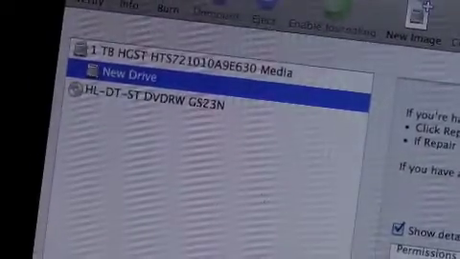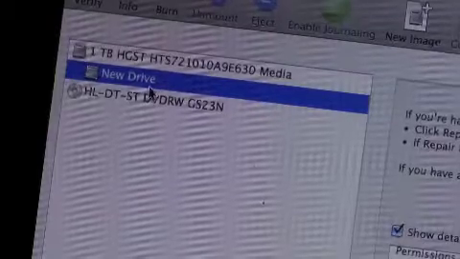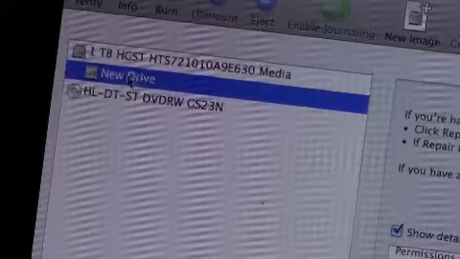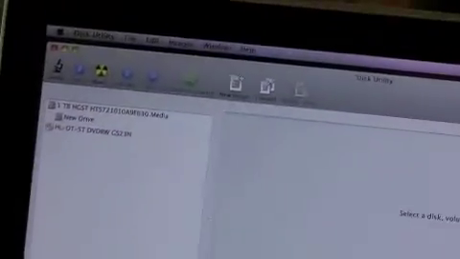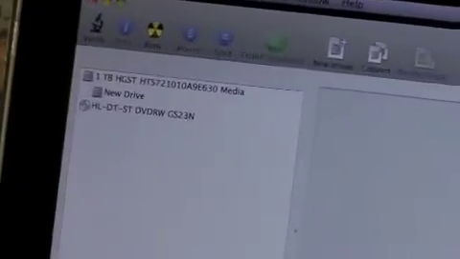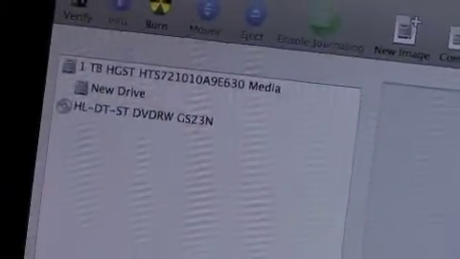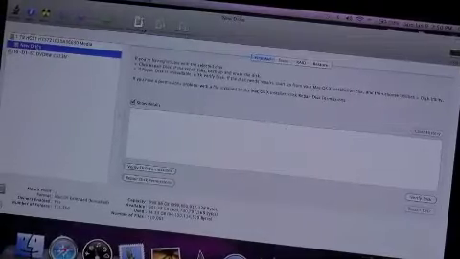Now over here on the left we see the drive itself. And what you want to do is click on the name of your hard drive. Click on that. When you do so, it's highlighted in blue. Now this is what it looks like when you don't click on anything. It's not highlighted. So you want to click on the name, and yours probably says Mac hard drive. Okay? So you simply put your cursor on there, you click it so that it's highlighted in blue, and now